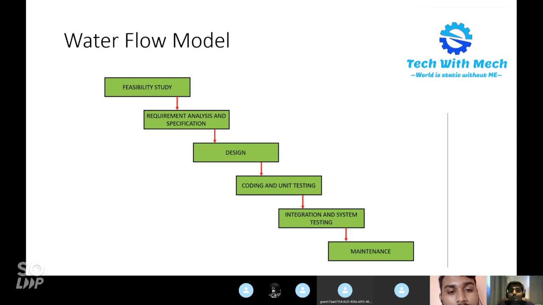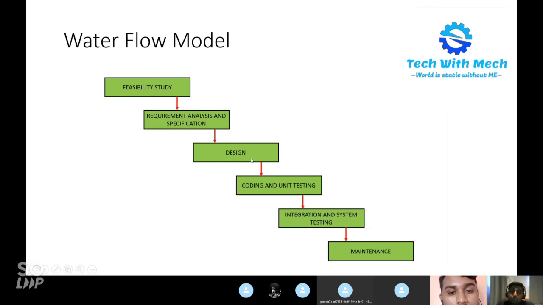Once the feasibility study is done, they go with the analysis. They analyze the requirements and write the specifications. For example, the ATM machine was the requirement. When the client from the bank gives a requirement, it's like: I need an ATM machine where I can insert my card, enter my password, and get the cash. That's it. But in the requirement analysis, they plan what secure protocol to use for communication between the ATM and the bank servers. They will have requirements for each and every part.